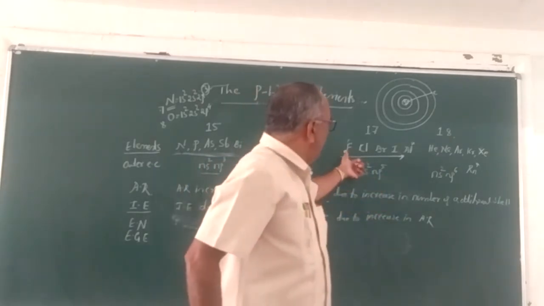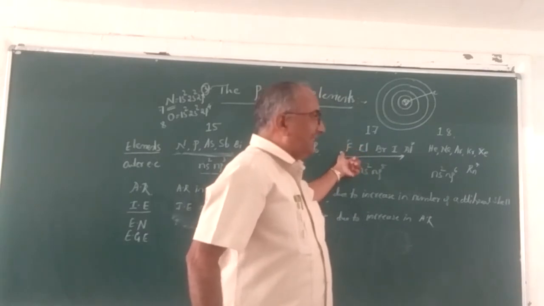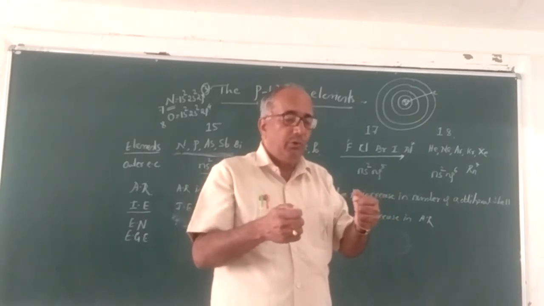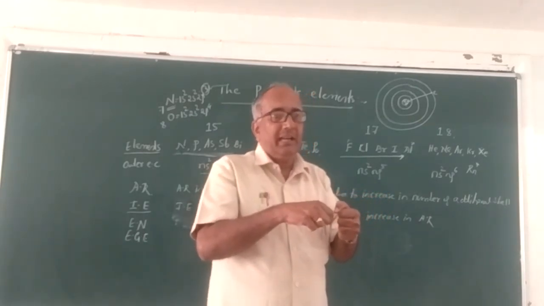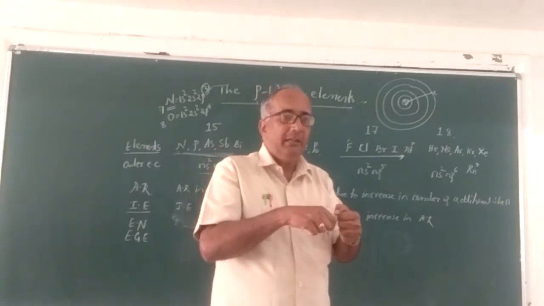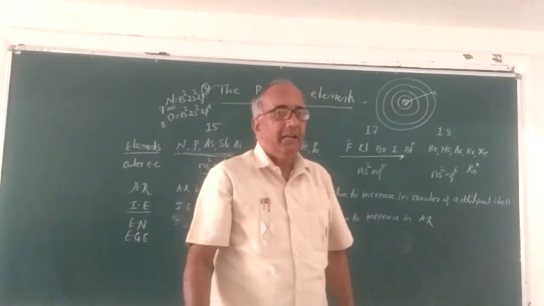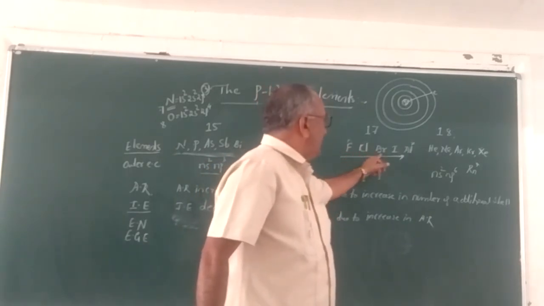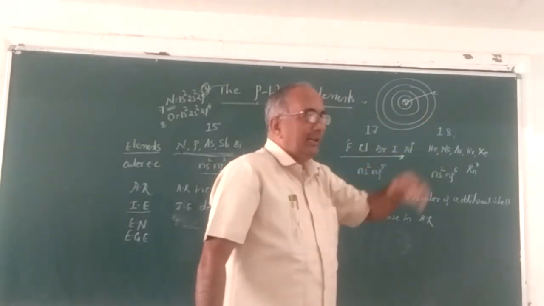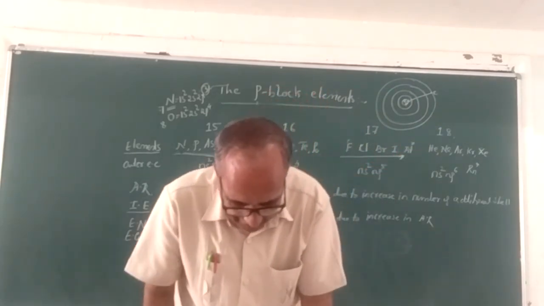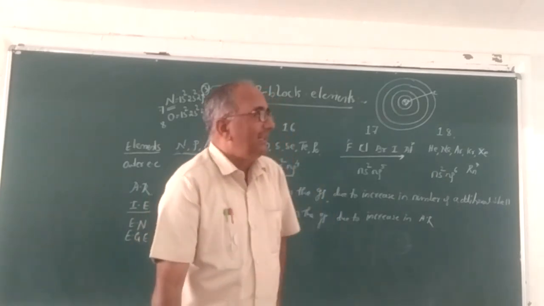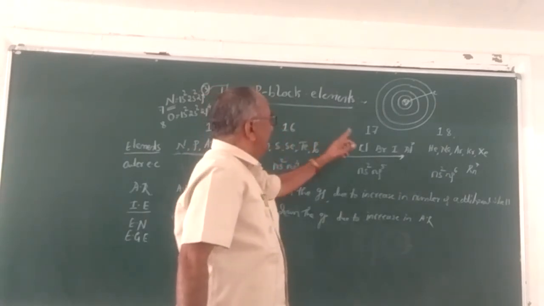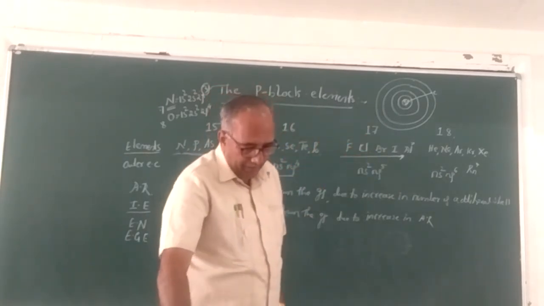If you take fluorine, fluorine is the smallest in size. During the addition of an extra electron, more repulsion occurs. So we have to add forcibly to the gaseous neutral atom of fluorine, and it releases more energy. Hence, fluorine has higher electron gain enthalpy than chlorine, than bromine, than iodine, because the atomic size increases. So this is about the general characteristics of the 16th, 17th and 18th group elements.